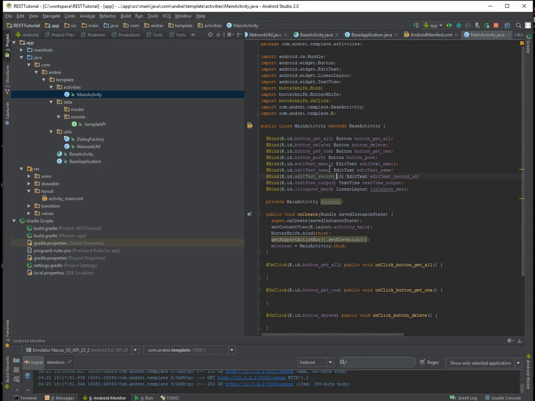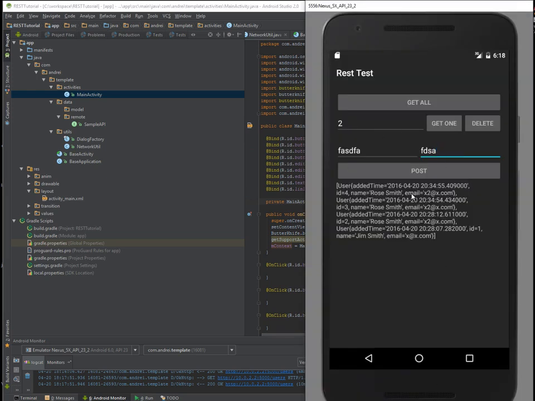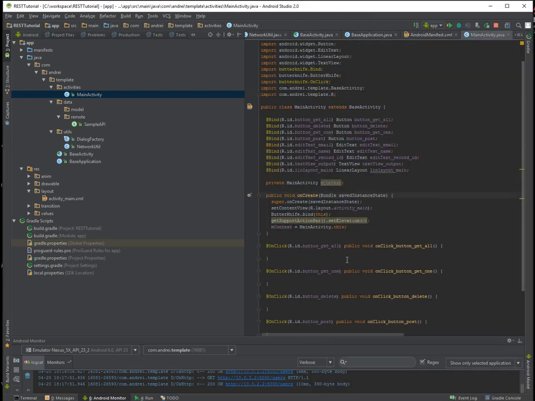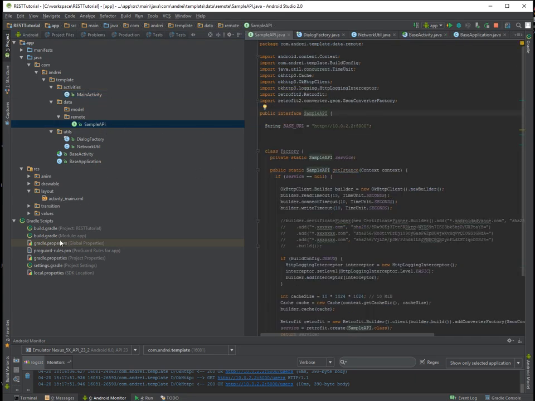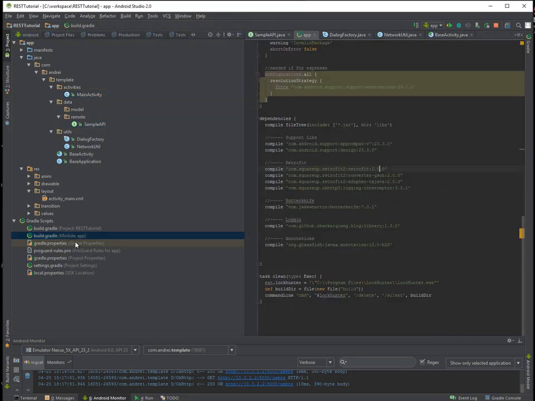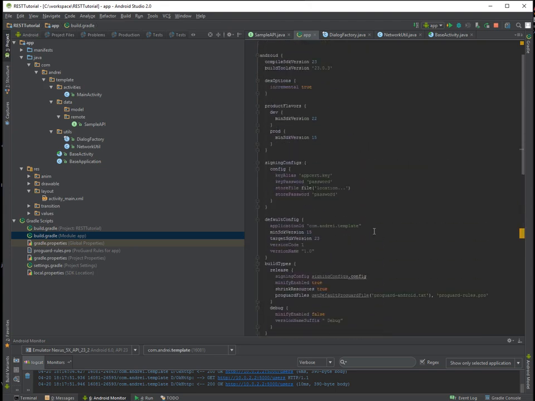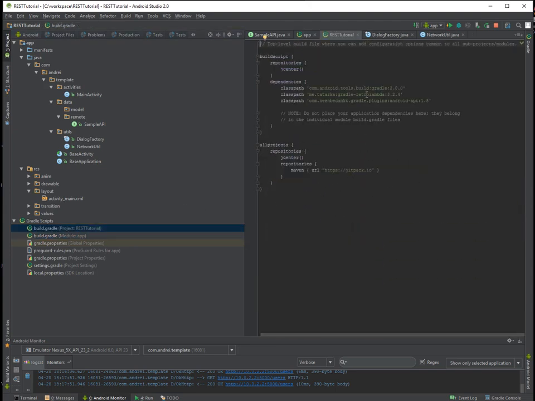I have here a sample application with just a couple of buttons. At the moment they don't do anything, and we're going to code them together. Before we begin, let's talk about what I'm using in this application. I'm using the Retro Lambda plugin,